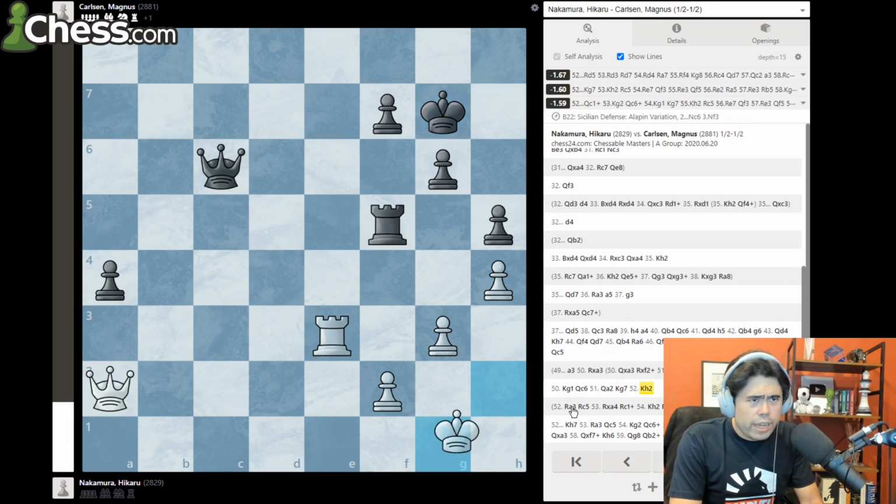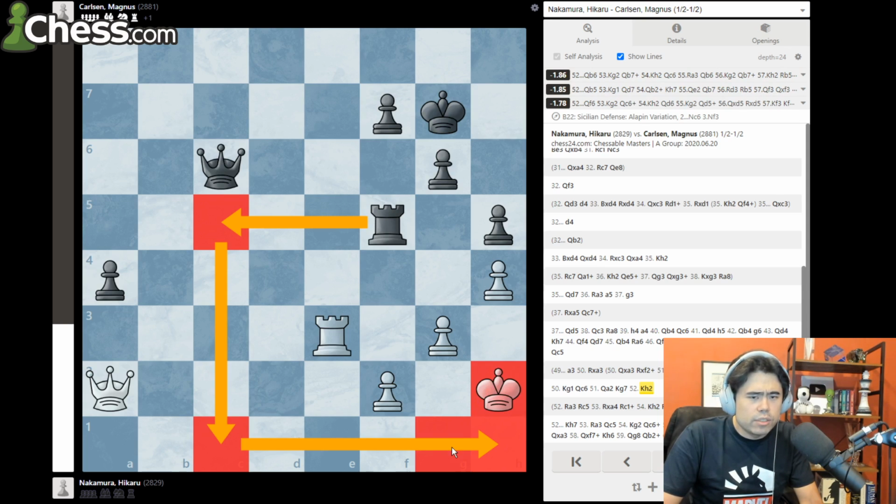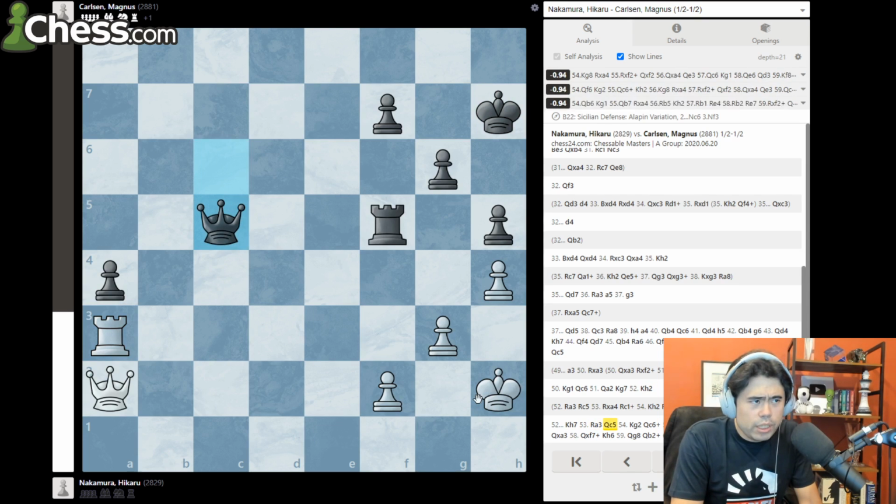So that's why here I have to go king h2. Now if black moves the rook away, there's no idea of the checkmate because my king is off the last rank of the game. So he goes king h7, I go rook a3, he goes queen c5, and now we repeat some moves,